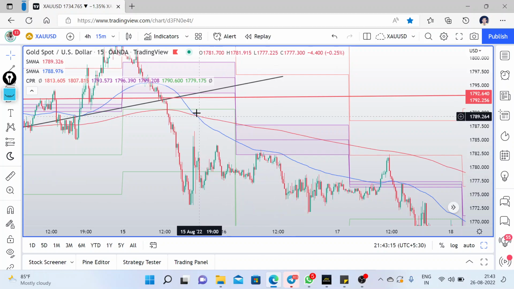So as you can see, this is the example, this is the crossover, and I'm going to discuss it in detail now. What you have to do is find the crossover. As you can see, this is the crossover of the 50 and 200. The 50 is now crossing the 200 from upside to downside, this one,